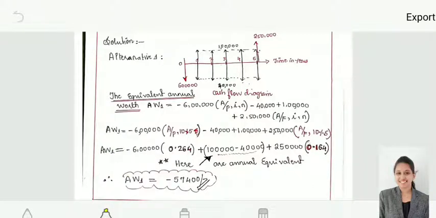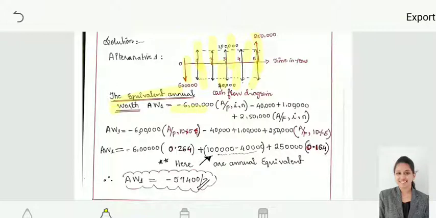This was the initial investment, that is 6 lakh rupees, and the annual operation cost is how much? It is 40,000. And along with that, in the question they have also mentioned you are getting a return after the end of every year for 5 years, that is 1 lakh rupees marked upward, and the final salvage value is 2,50,000. So how does the numerical go? Thus, the equivalent annual worth for the first one is minus 6 lakh rupees.